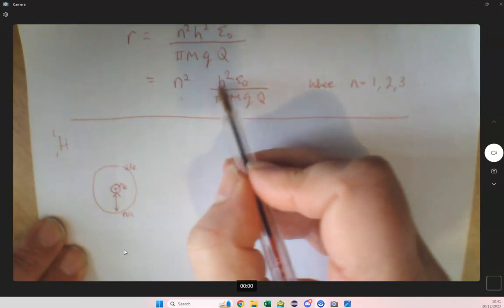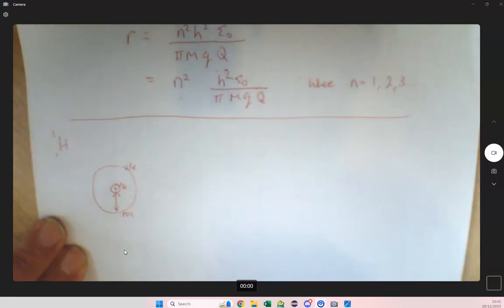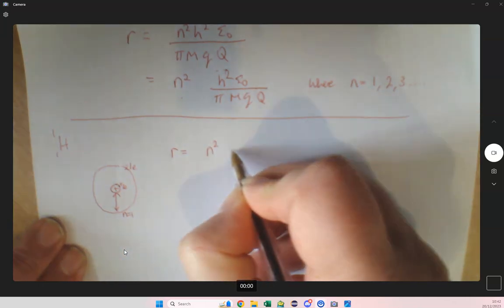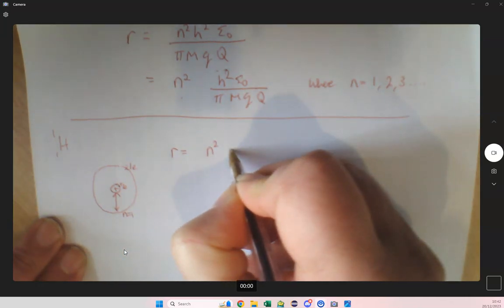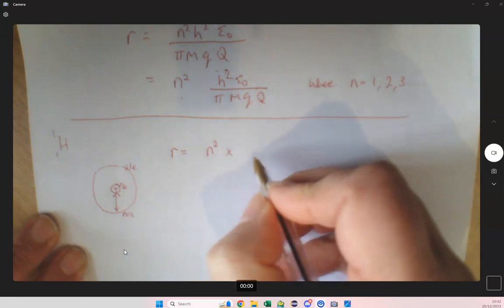Now, the question is, what is this? Alright, so for hydrogen, we're going to plug the numbers in. So my r is equal to, I'm going to leave the n squared in. That therefore is going to be equal to n squared. So then I've got times by